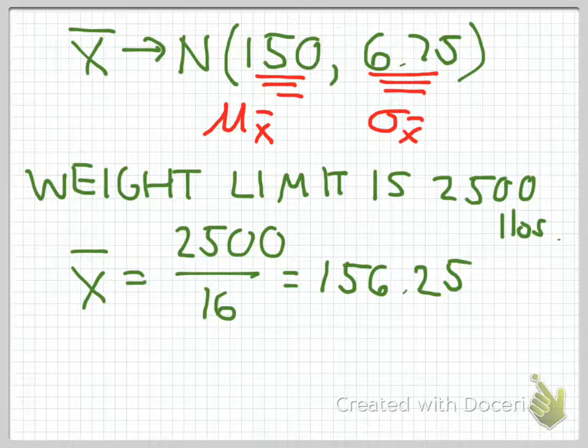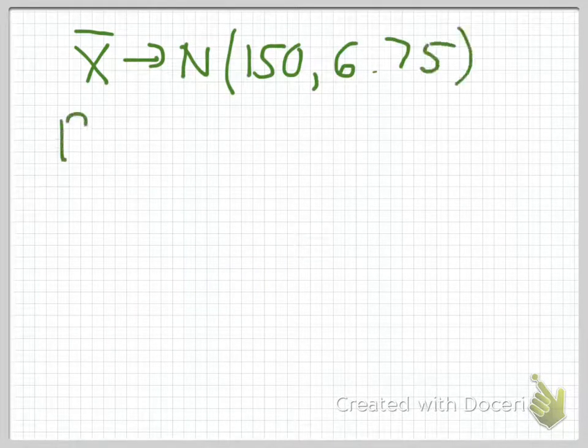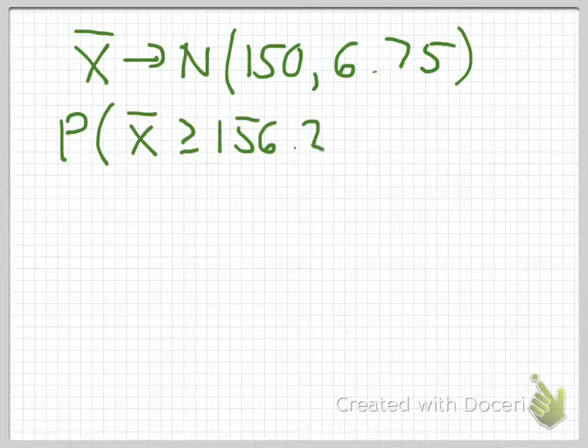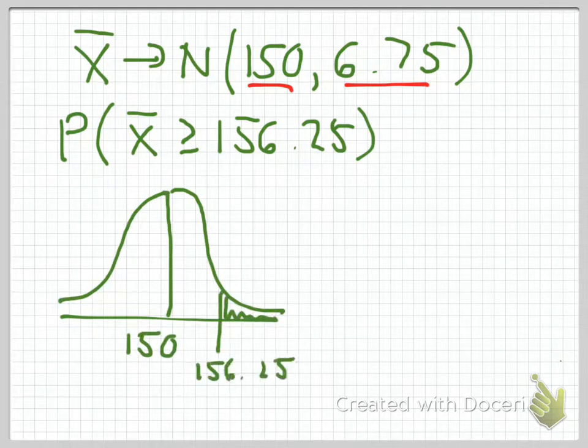So we're starting to put it all together now, and again we have our distribution. Really in part D, this problem comes down to what is the probability that the mean weight of the people in our elevator exceeds 156.25. So taking all of this and putting it together, now this just becomes a normal distribution problem from last week. We know that the first step whenever we have a normal distribution problem is to draw a little rough sketch of it. We have our mean of 150, and I want to know when we exceed 156.25. Now before I even go to my calculator, keep in mind 156.25 is less than one standard deviation away. So this is something that's somewhat probable. So I'm going to guess that it's not going to be a small percentage here.